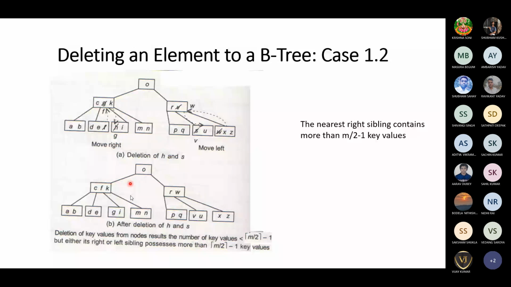Now, when F is moved up, it will become the root node. G will become its child node. If this is the order, then the B tree properties are kept without any disturbance, because if you are searching for G, you'll start from here, O, you will start comparing with F. F is greater than G, so you'll take the right, and you will reach the appropriate place.